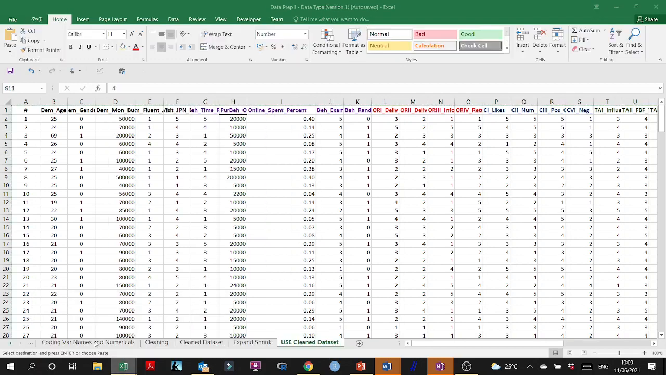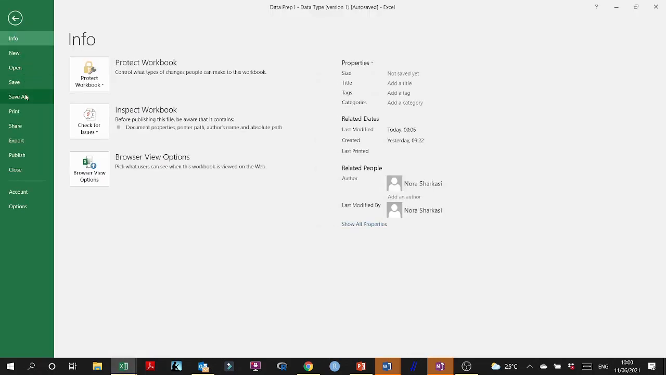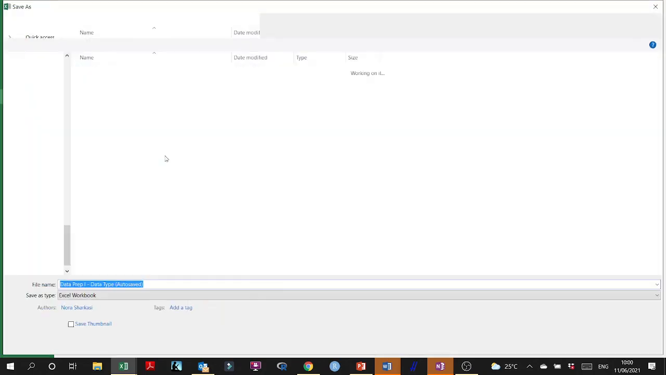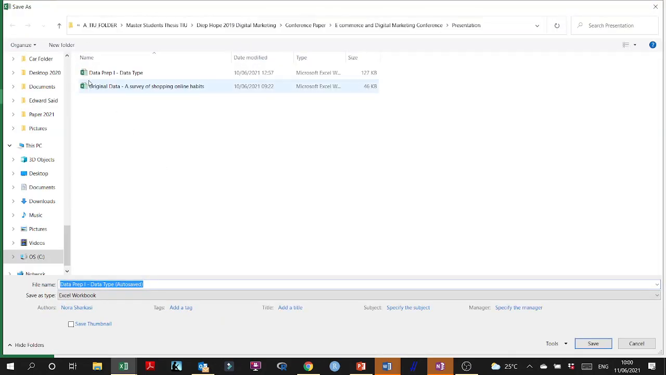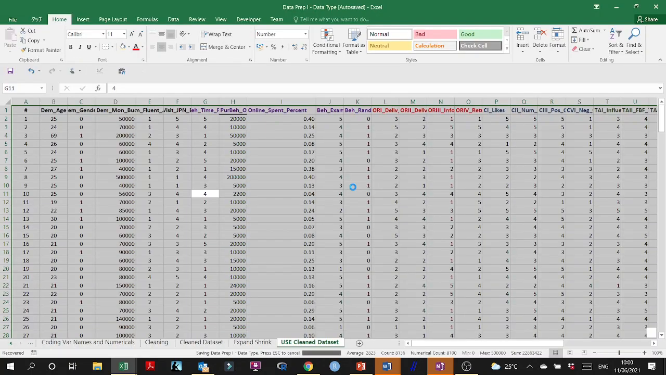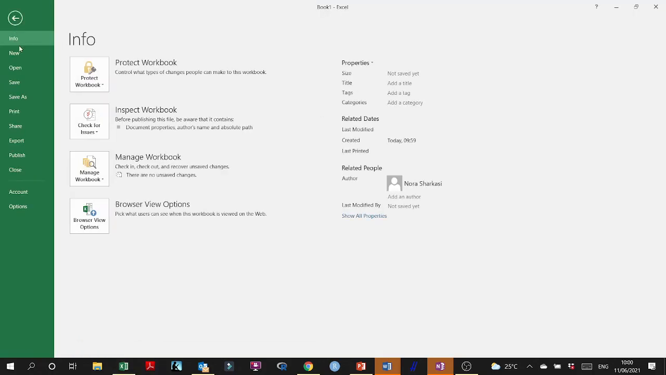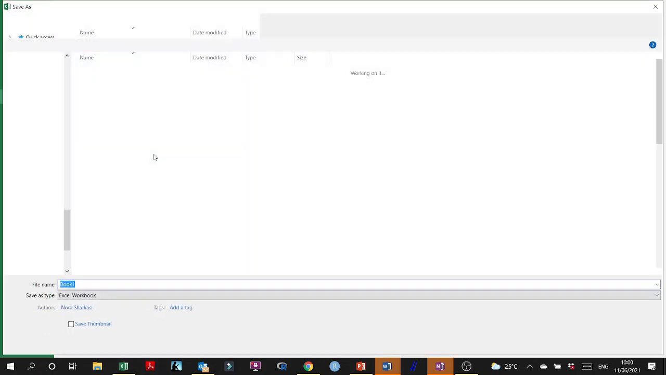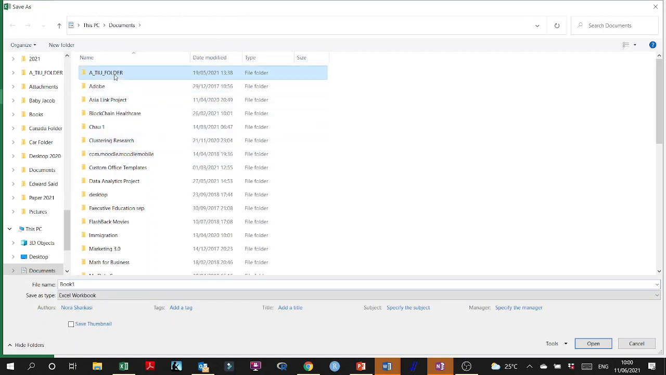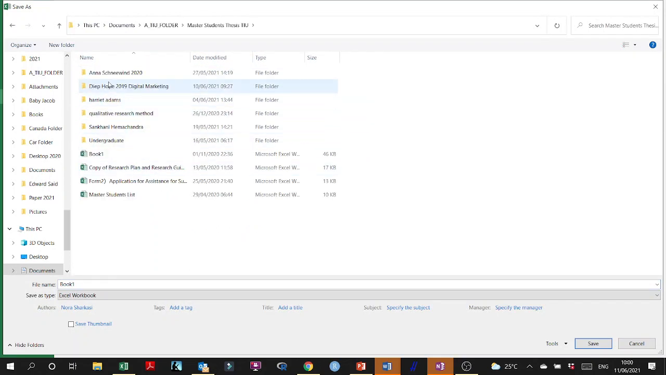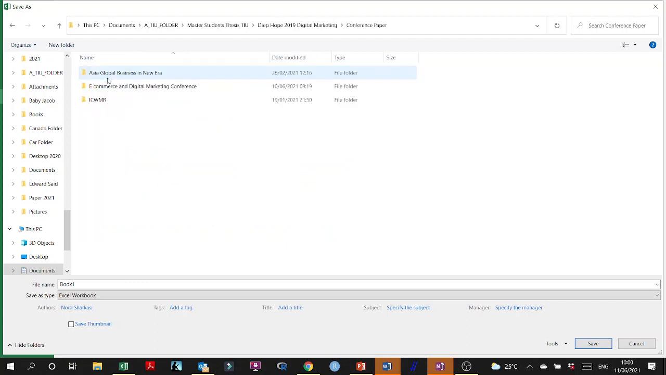Keep your Excel sheets all saved in a nice place where you can understand the progress of your research, because you might forget, as we've done earlier. This is the original data. This is the data prep, and I'm gonna just put data prep here. And the next Excel sheet is the data set for use. So this, I'm gonna just save it maybe in the same